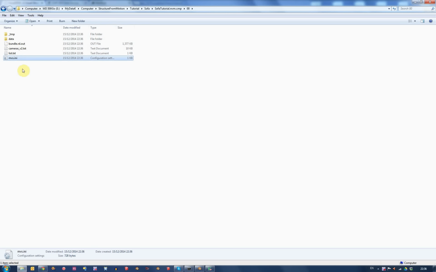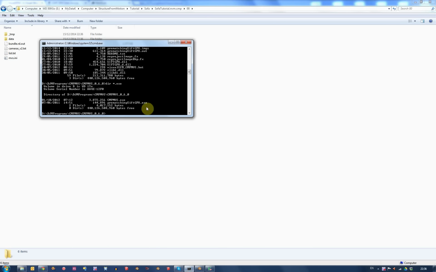This is the file that we need to feed into cmpmvs. I've got the command line already running here, ready to run the cmpmvs. So what you can do is copy this path, go over to where you start your command line, and be in the subdirectory where cmpmvs.exe is. It's in here, and we're going to run